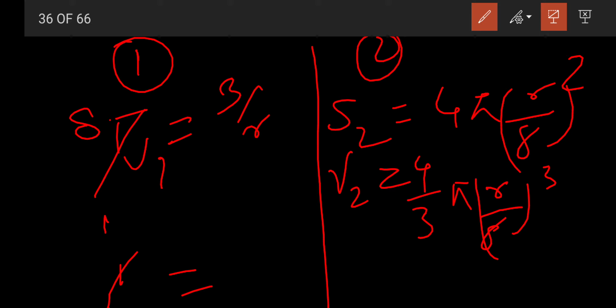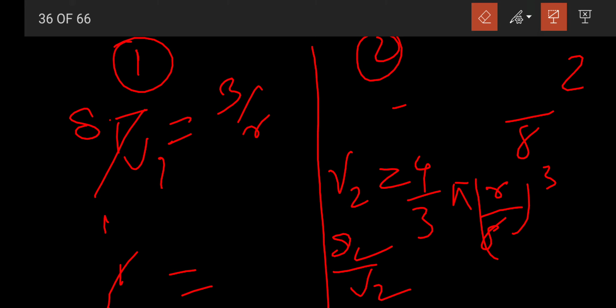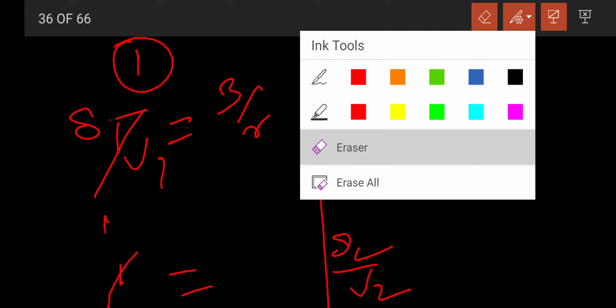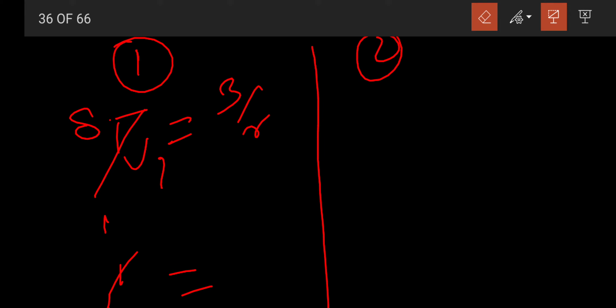Now, for system 2, S2 by V2 is, just erase it. So the ratio is S2 by V2 equals